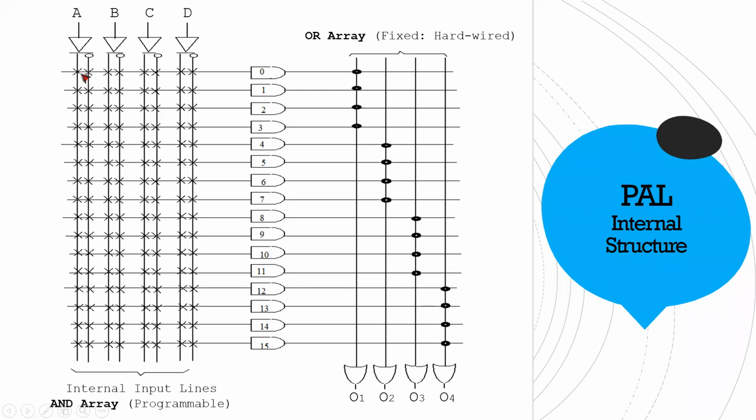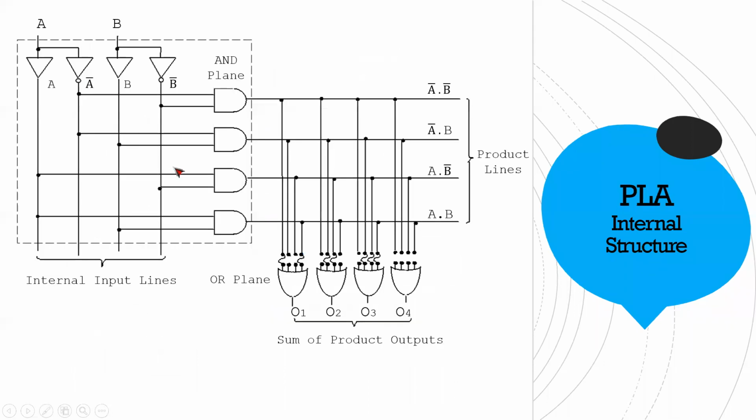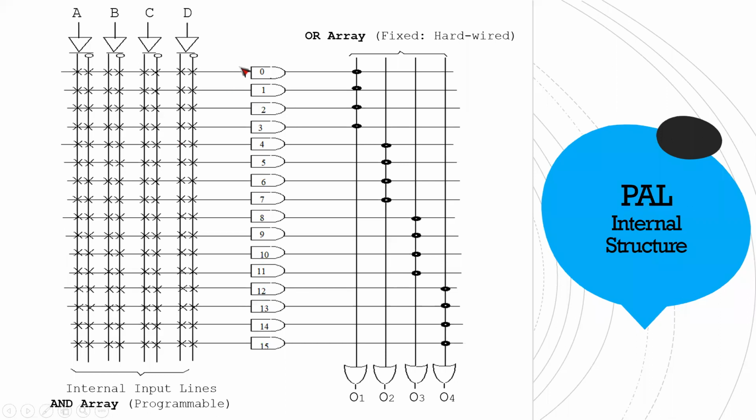Why are the crosses given? Because here if you take all connections together, it will be very messy. That's why they have shown you by using only one line. One line means 8 lines here, and a cross means the connection exists. If there is no cross, that means there is no connection. If there is a connection, that means there is a cross.